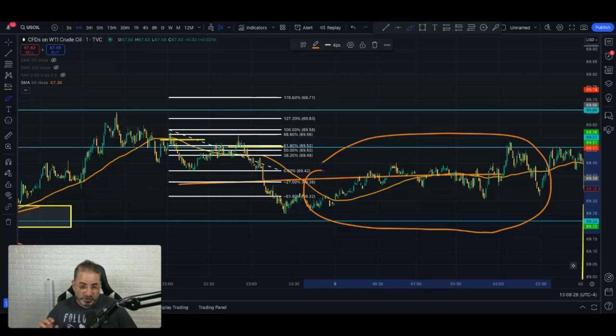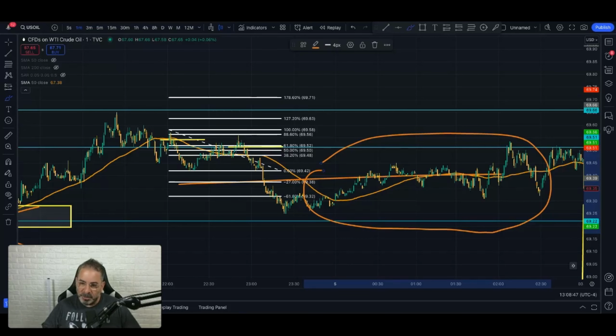Okay. If you want to just jump in live and you've never done this, I would caution you to use a very small lot size. Even if you have $1,000 in your account, trade 10 cents a lot. The goal is not the money. The goal is, can you feel confident enough of doing this, right, to be successful? That's the goal of this.